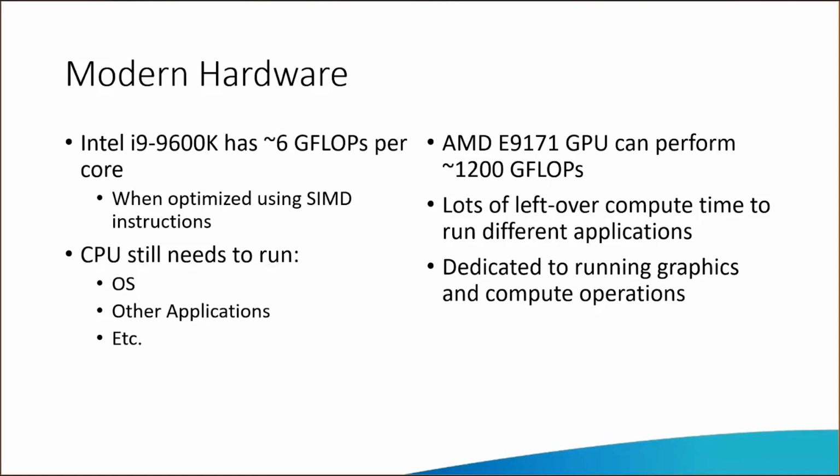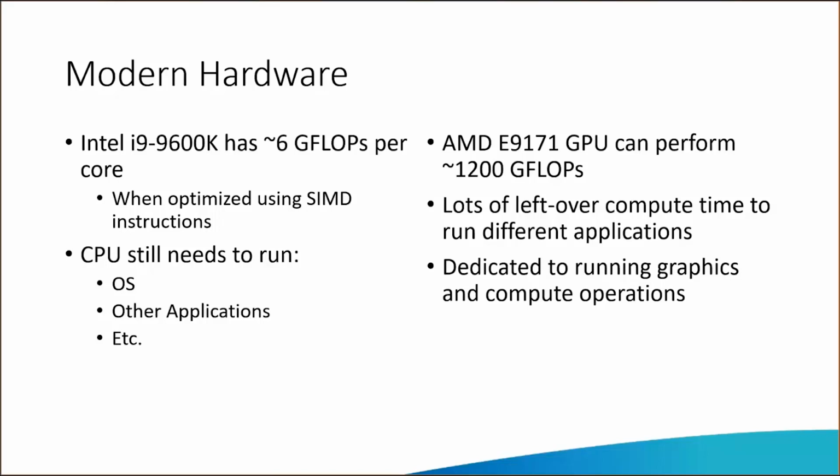And so this is kind of the best case scenario for performance you could get out of this Intel processor per core. But one thing to keep in mind, and I'm not going to say that this number is measly, it's a very astonishing number. This is much higher than systems in the past have been capable of doing. You can achieve an enormous amount of computation with 6 billion math operations per second. But another thing we have to keep in mind is the CPU is responsible for running the operating system and other applications that might have synchronization requirements or other real-time requirements that prevent this full 6 billion operations per second from